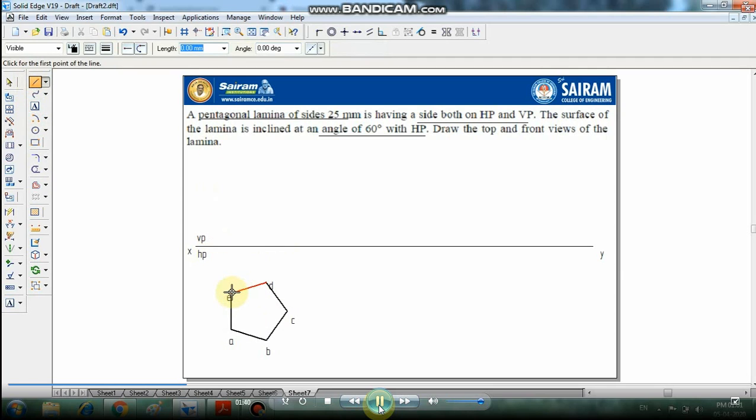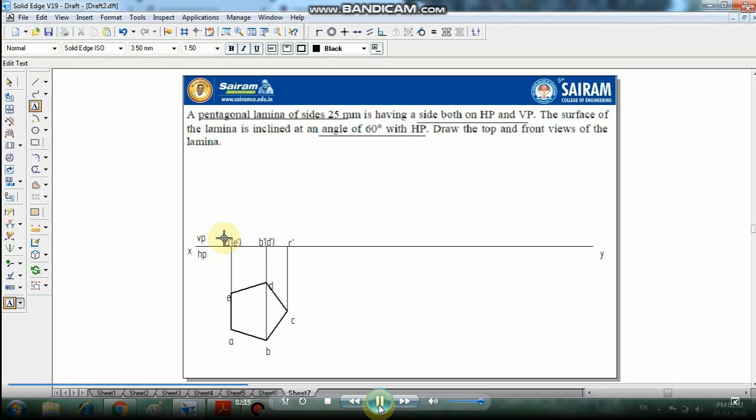Select the line command and draw the projection lines down to the reference line, B through D joined here, and the C corner to the reference line. Now mention the names of the front view: A dash, C dash, B dash and D dash in bracket, A dash, E dash in bracket.